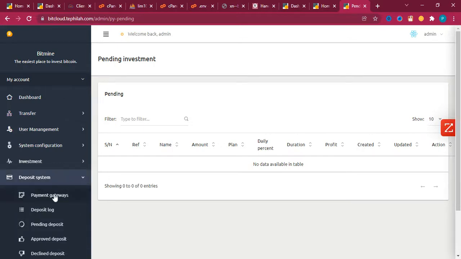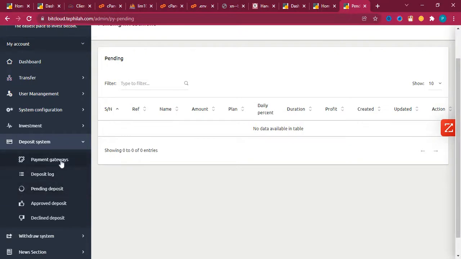Now the deposit system here is where you can set your payment gateways, how you want to take payment from them. And those payment gateways, we have all payment gateways, including crypto gateways on this platform. So when you intend to start yours, whichever payment gateway you want, even if they are not available at the time of the coding of the script, we can actually add that for you.